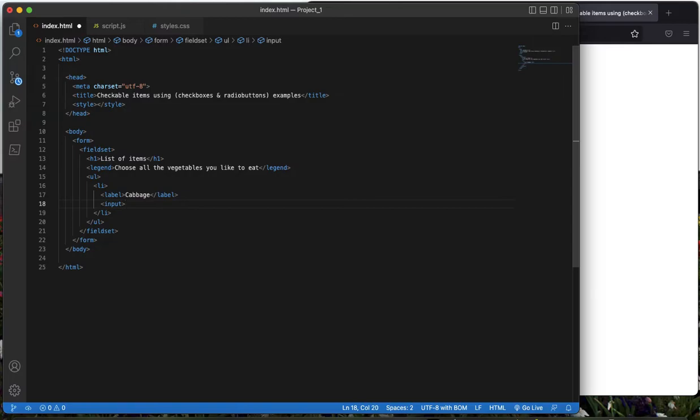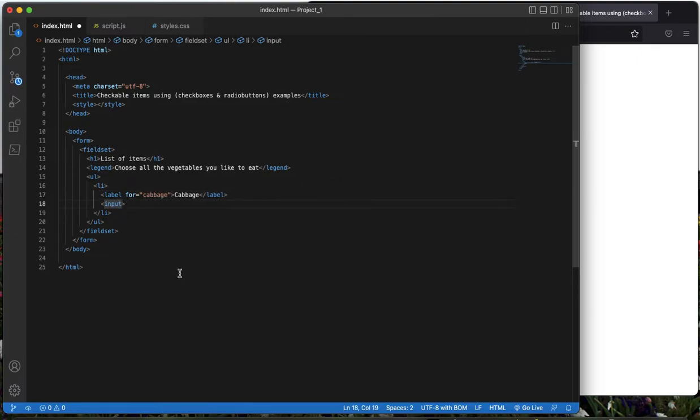Let's say input here. And this label is going to have an attribute called for. Like this, for, and we give this attribute a value. We are going to write this same name, cabbage. Cabbage here,